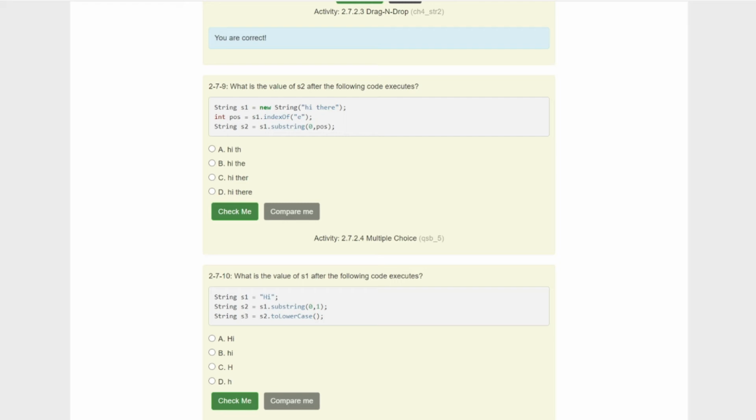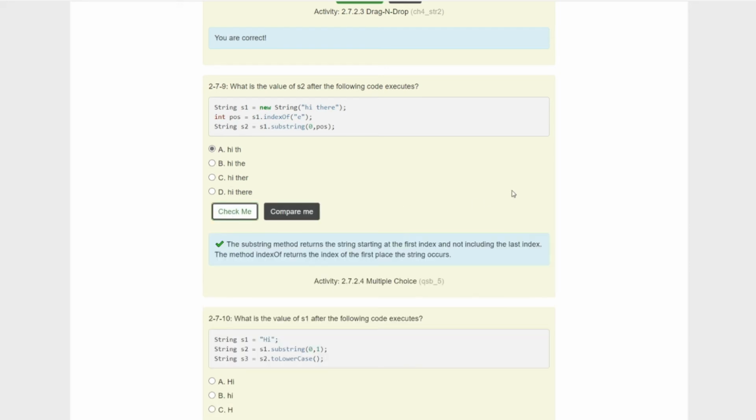And this one, it's saying index of E, and then we're creating a new substring, and we want 0 position. What this one is asking is, where is the first occurrence of both of these words here? Since there's an E, we're discounting it after that instance. So we're looking at anything after the E in the first positions. If you look, we have HI and then TH, that discounts that. We have an E there and an E there, so that's not going to do it. So the only one that fulfills this